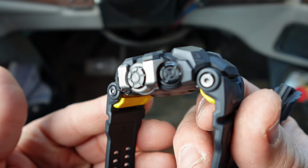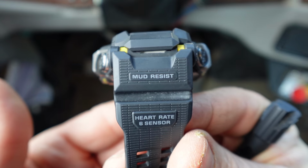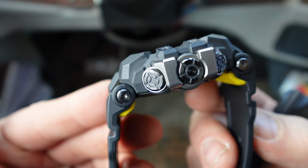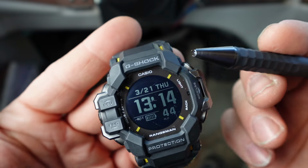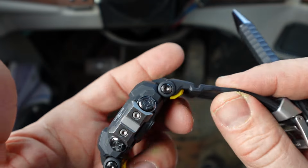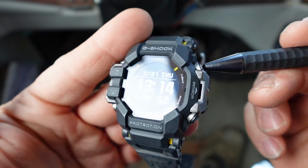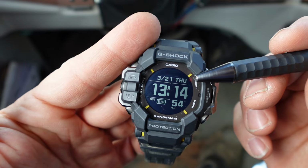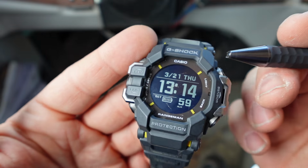So this Rangeman does have mud-resistant buttons, right? So these buttons, the button doesn't press directly into the body. There's a pin on the end of this button that presses into the module, and there's a gasket system that locks out the module from